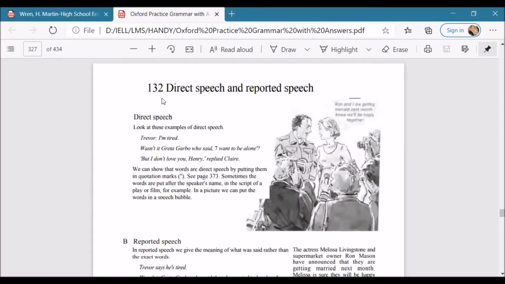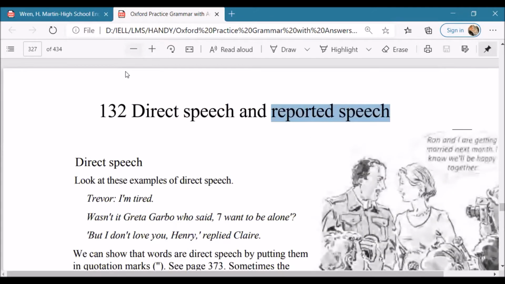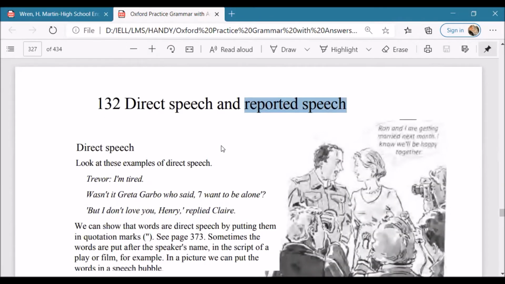So let's see. In narration, we have direct speech and then we have reported speech. The question is, why do we need narration, what is the purpose of narration, and what does it mean? If you have the idea, please comment. That would be great. Otherwise, in general, we use narration to narrate. By narrate we mean tell something.